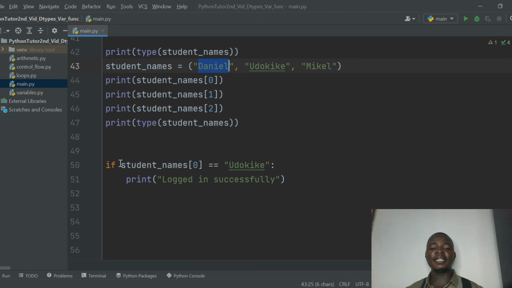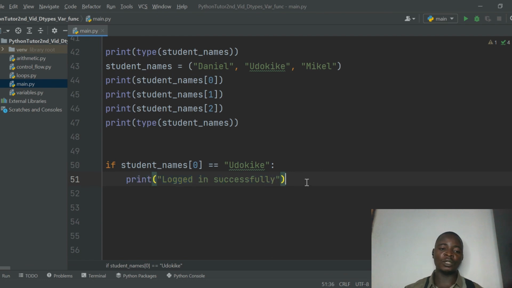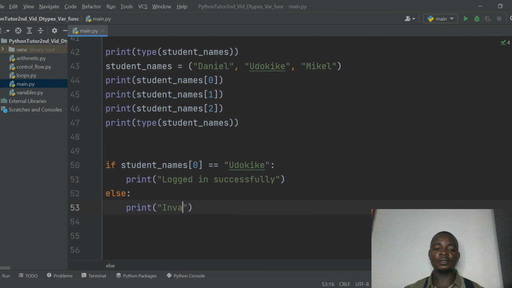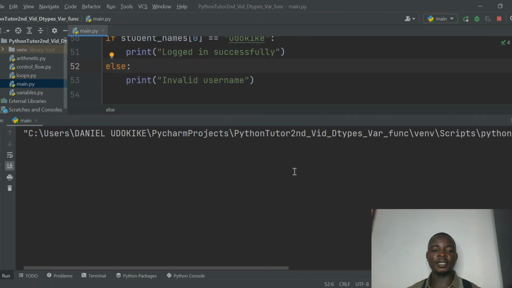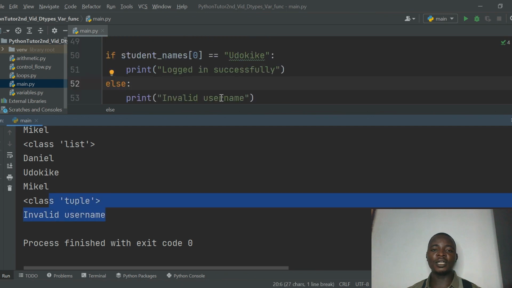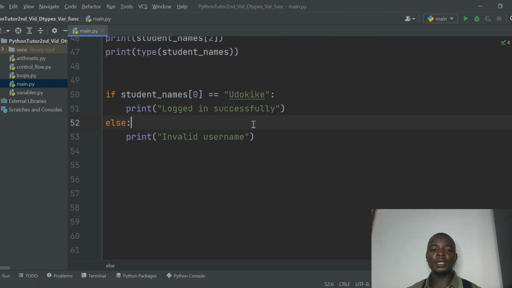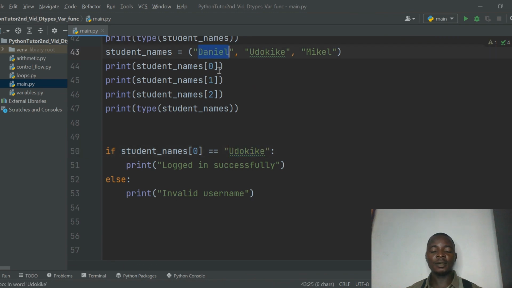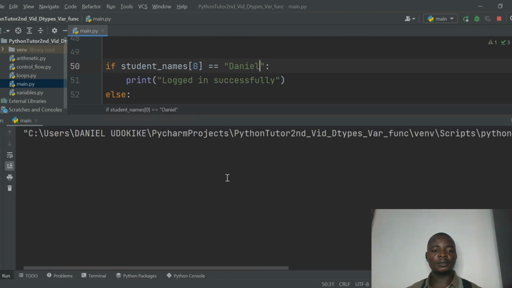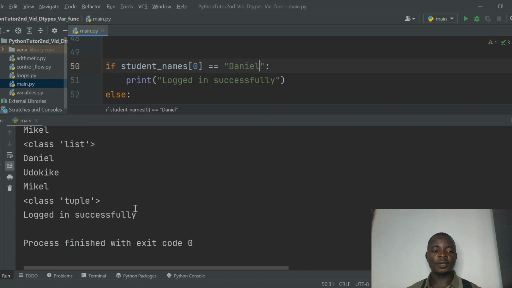But if it is not raining, then I won't go to school with an umbrella. So if this check works out, this code will get executed. How about if this check does not work out? That is where we introduce else. If this is this, else print invalid username. Now, if it is wrong, we print out invalid username. Let's run it and see. Now, you can see invalid username. It gets printed because the first item in this tuple is not Udokike, rather it is Daniel. But if it is Daniel, it will now say logged in successfully. Let's see. You can see logged in successfully because